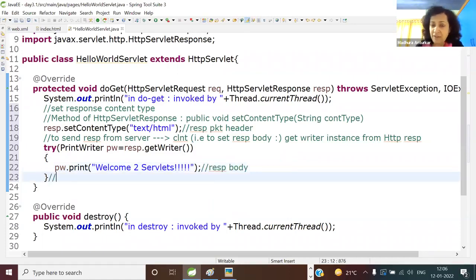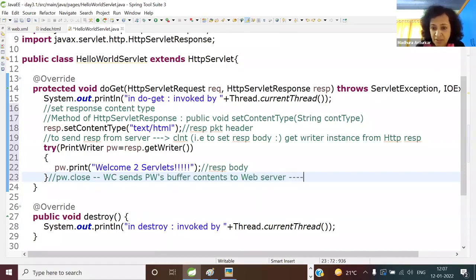When you come to the end of try with resources, which method is called? PrintWriter's close method. Guys, this is a continuation of understanding of core Java, so you can't just forget about earlier things. So at this point, what will happen? What will the web container do? The web container will send the PrintWriter's buffer contents to the web server,